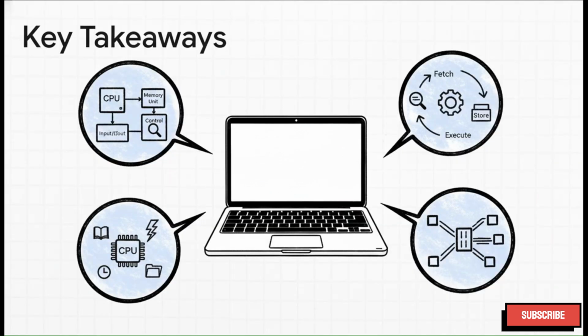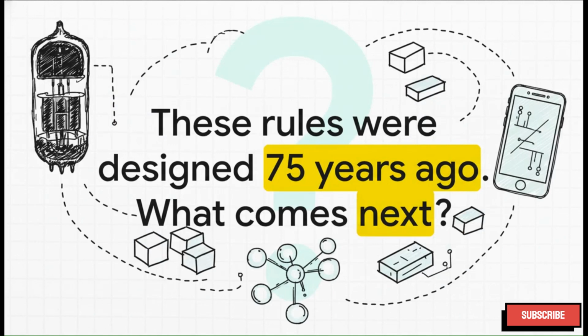So let's just boil it all down. Underneath all the apps and operating systems, your computer is really just running on a few elegant core ideas. There's a 75-year-old blueprint for how it's built. It runs a constant 4-step cycle to get any work done. It uses a clever system of interruptions to multitask. And the connections inside have evolved from slow, single-lane roads into a network of private superhighways. And that really just leaves us with one last, kind of mind-blowing thought. This incredible architecture has served us for 3/4 of a century. It took us from computers the size of a room to supercomputers we carry in our pockets. But as we keep